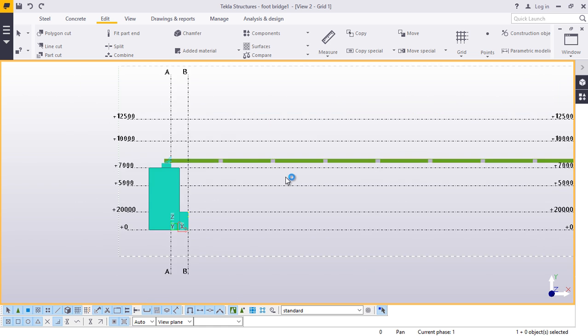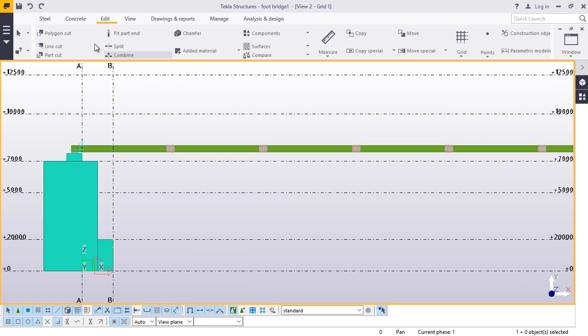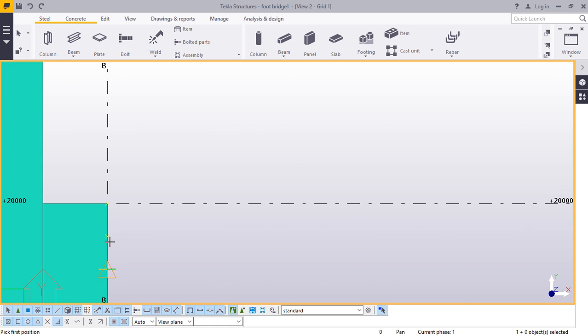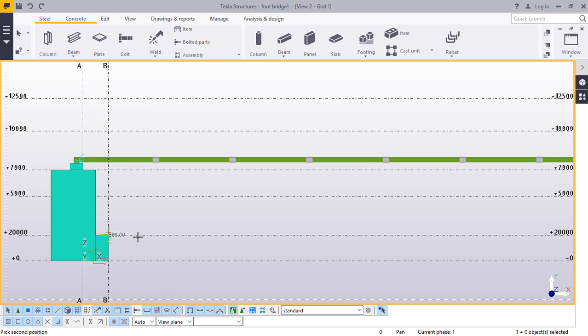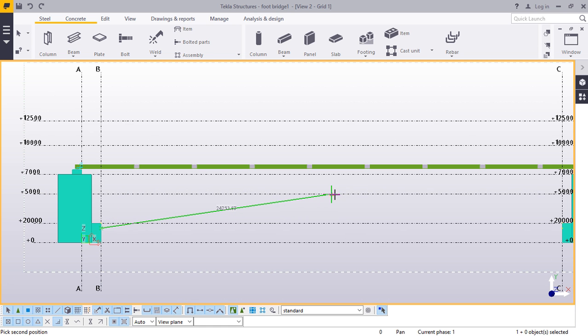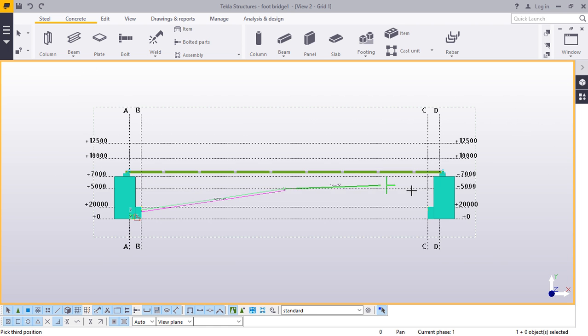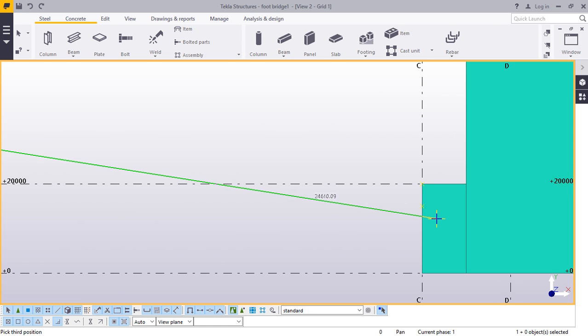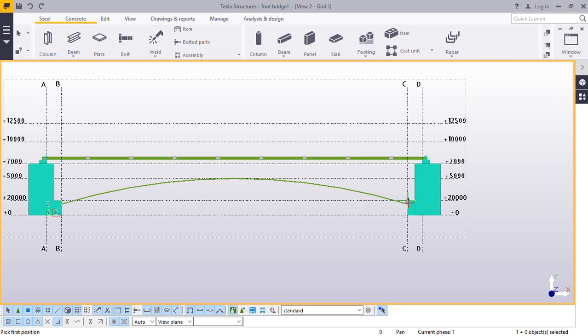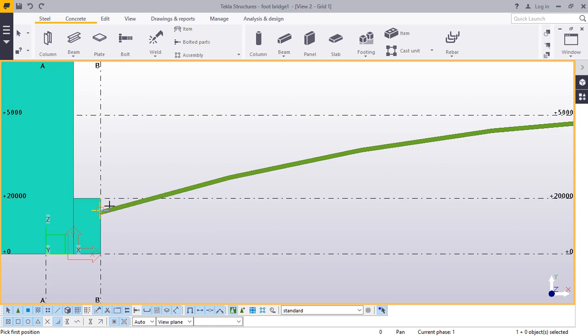The axis will now come to steel beam, curved beam. We will snap here and snap in the middle of this and come down here, right there. Now this is our curved beam,